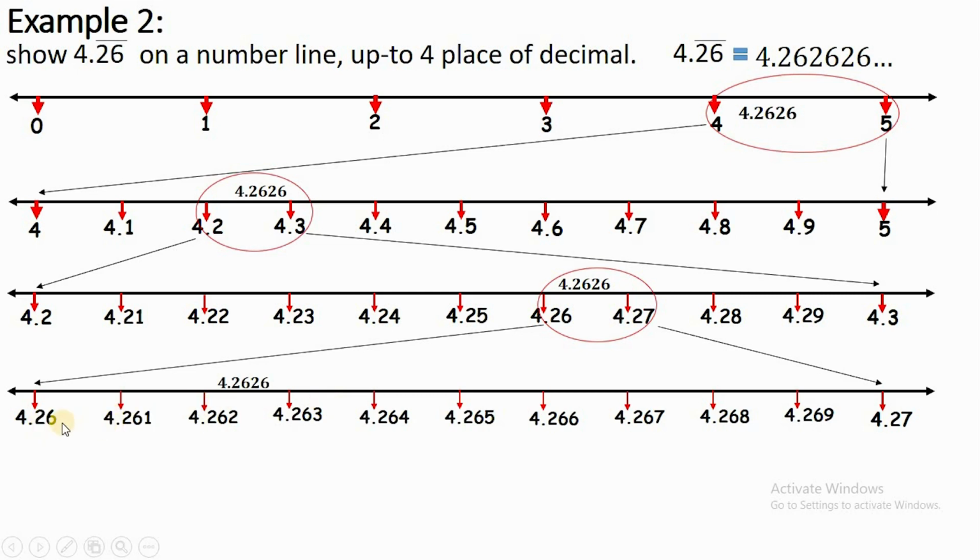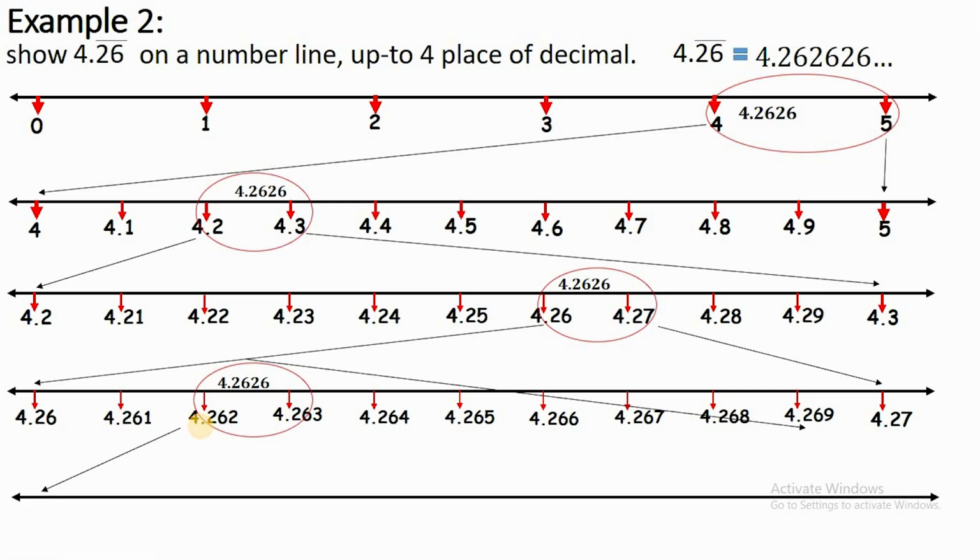So after dividing it, you can take 4.261, 4.262, 4.263, 4.264 and so on. And you'll check again, 4.2626 lies between 4.262 and 4.263. Therefore, again here we have to zoom in this portion of the number line. Here we'll write 4.262 and here we'll write